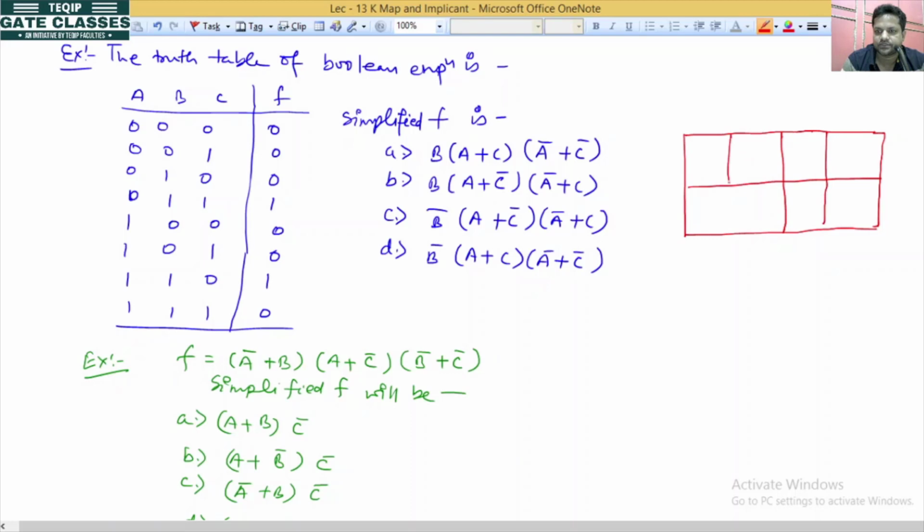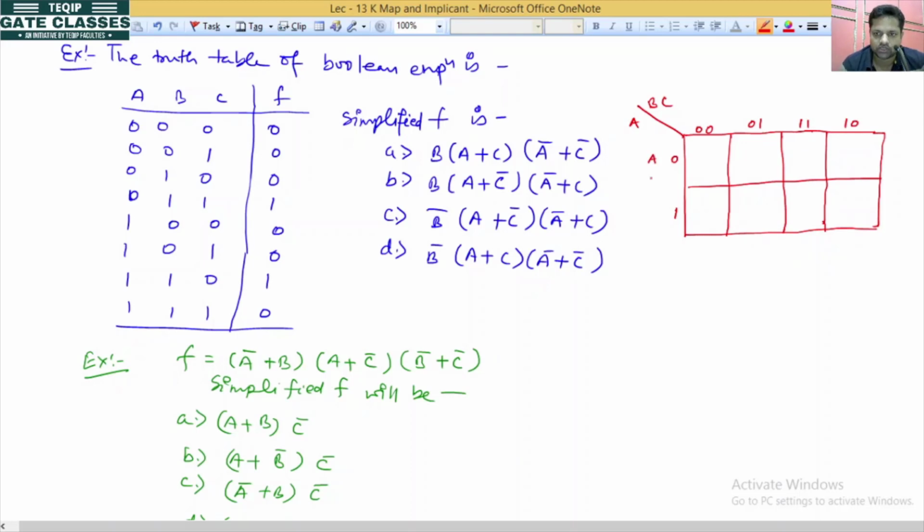But if you see the answer, the answer is given in product of sum form, because it is the simplified version. Any product of max terms we have to consider here, because the answer is in product of sum form. So when we consider A here, this is the max term K-map. So 0 represents 0, 1 will be 0 0 0 1 1 1 1 0.